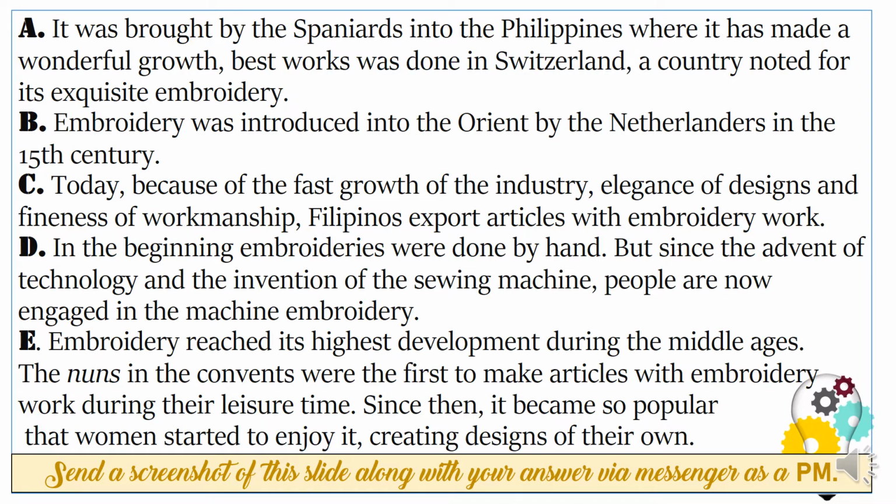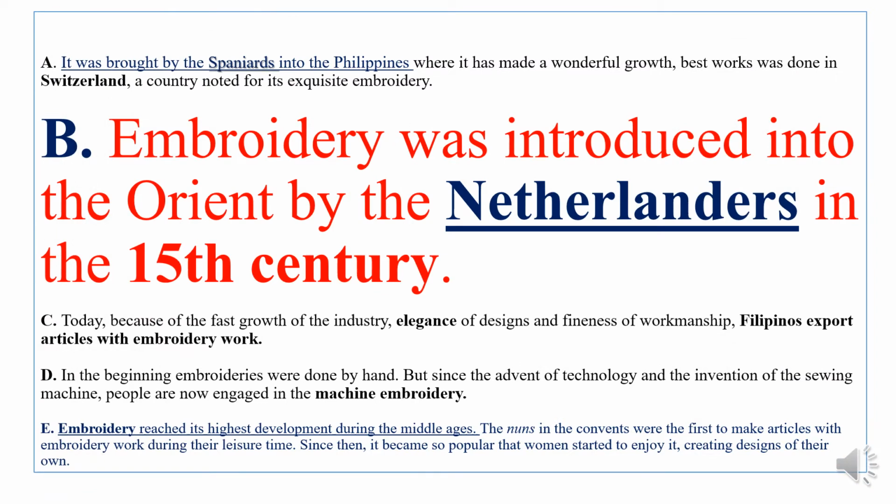Okay, so now let us reveal and check if your answers were correct. The first event that takes place is letter B. Okay, embroidery was introduced into the Orient by the Netherlanders in the 15th century. So meaning, as early as 15th century, meron na tayong embroidery. At inintroduce po yan sa atin ng Netherlanders. And after that, it is followed by,